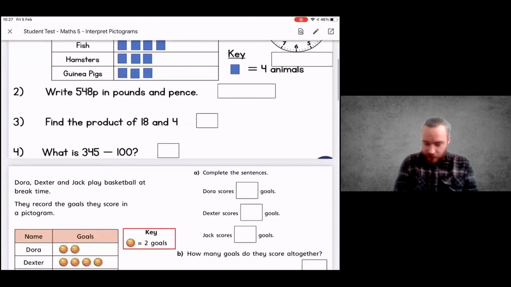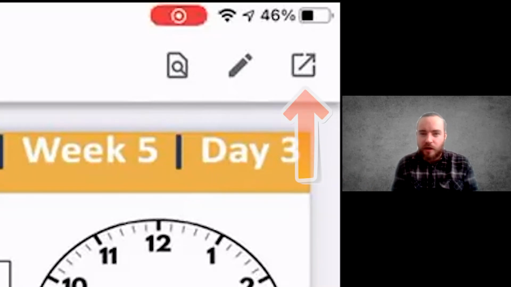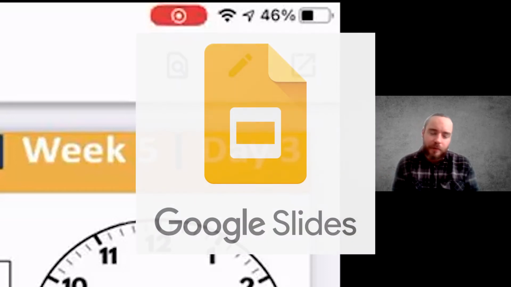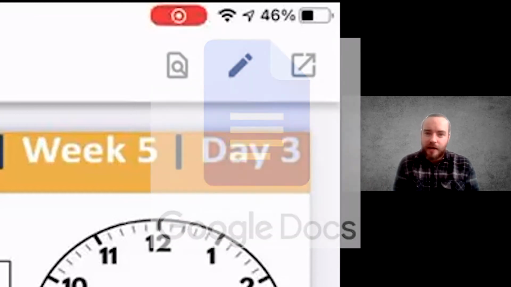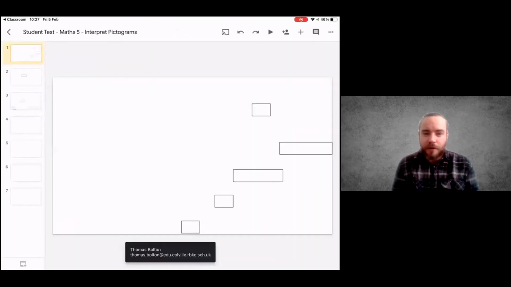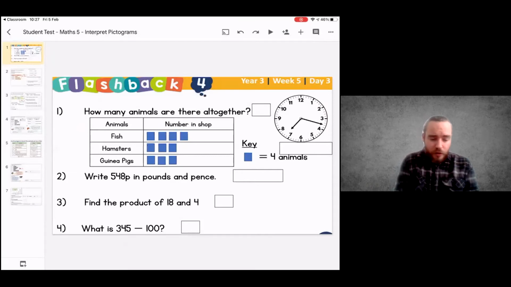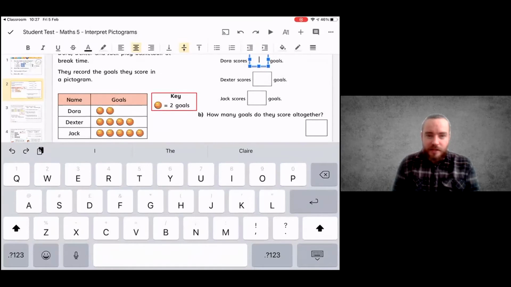So first of all, we'll have a look at opening this in Google Slides. So if we can see this little icon in the top right, this icon means open in Drive. What that basically means is it's going to open the document in one of the Google apps. So if it was a Google Slides document, it would open up in the Google Slides app. If it was a Google Doc, it would open up in the Google Docs app. So if we press this, because I've got Google Slides app installed on this iPad, it's going to open it up in Google Slides. So I can go through and I can double tap on the little text boxes, and